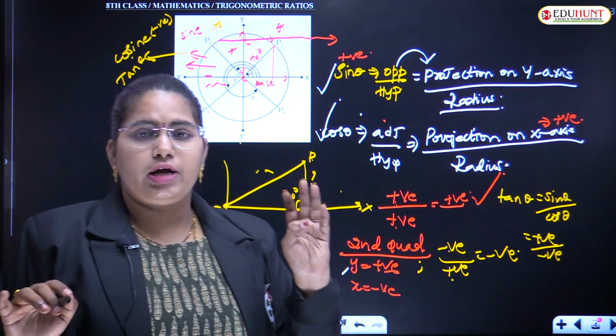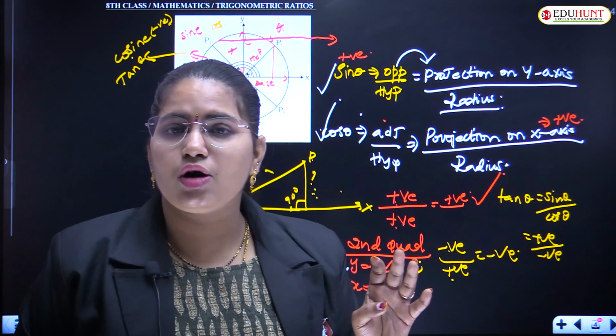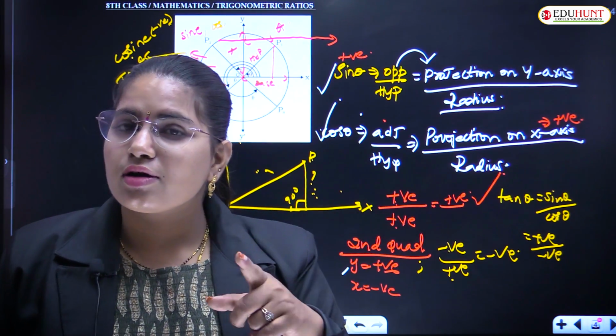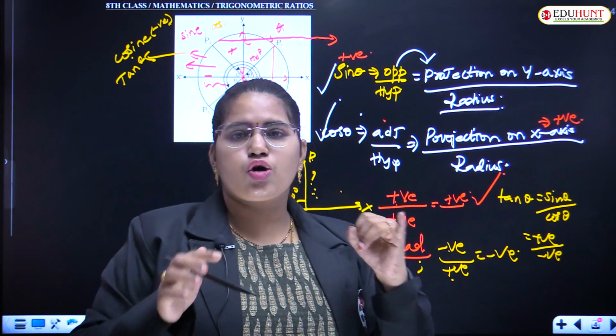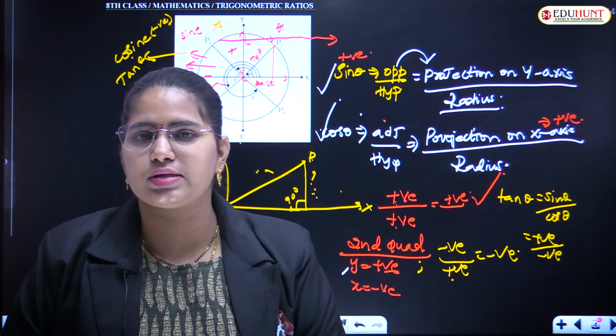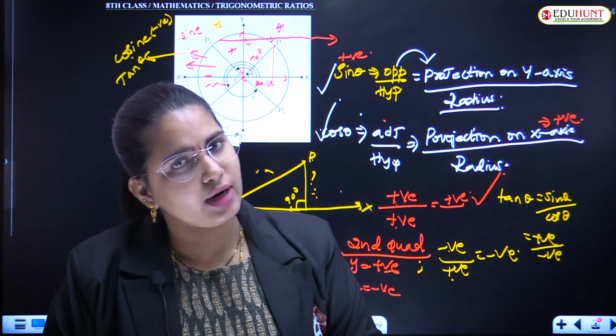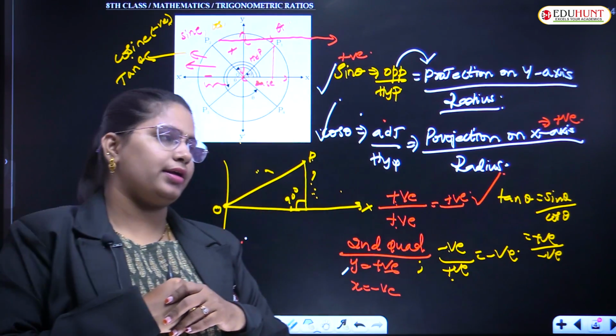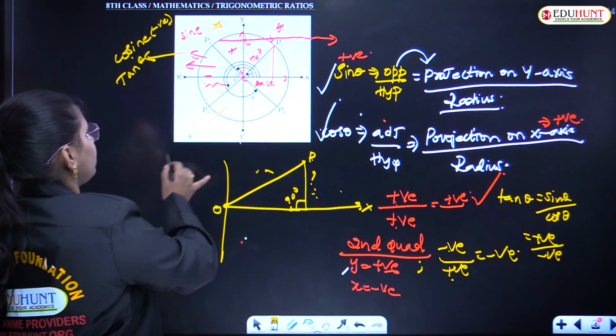And the reciprocal function of sine is cosec. Excellent. So cosecant theta, sine theta only takes positive values in the second quadrant. Understood? Right. Similarly, if I talk about the third quadrant,